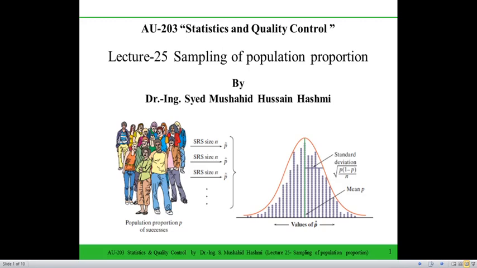This is lecture number 25 of the course AU 203 Statistics and Quality Control, and we have already done sampling of mean and central limit theorem. Today we will extend the sampling distribution idea to the sampling proportion. After doing this sampling and sampling distribution, we will look into the rules for calculating the